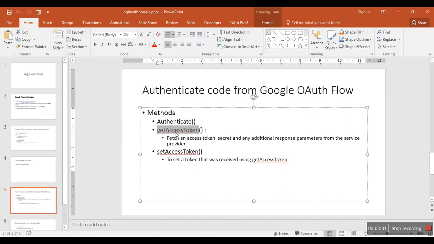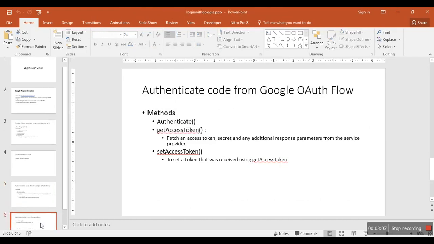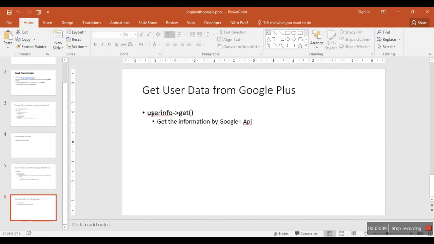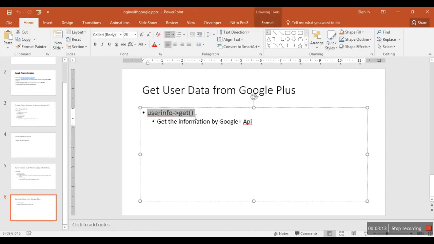Whatever access token we have got from get access token, we set for our application using set access token. And the last thing: when the authentication is successful, we'll get the user info using the user info get method.